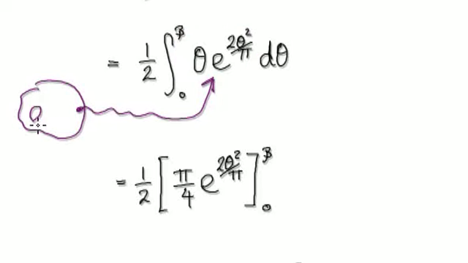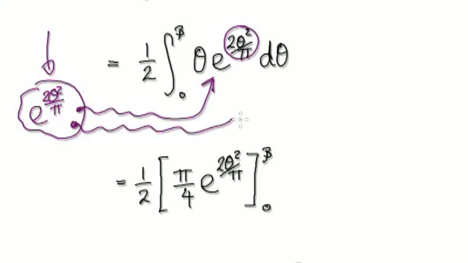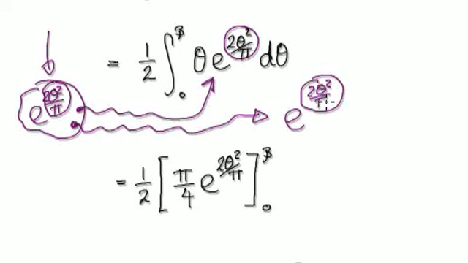So make this your initial guess. Imagine this as being in a bubble here. So make this your initial guess: e to the 2 theta squared over pi. Now when you differentiate this, it will give you e to the power of the bubble intact, so that's 2 theta squared over pi. And then you've got to multiply by the derivative of the bubble itself. So that will be